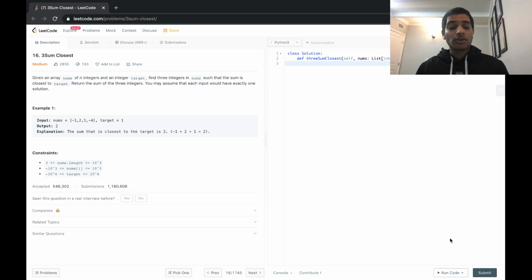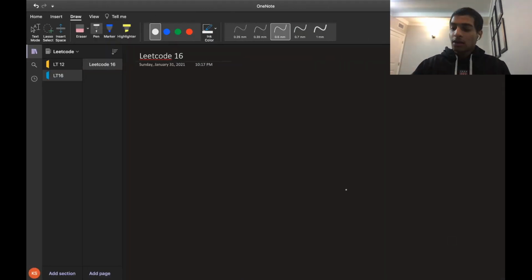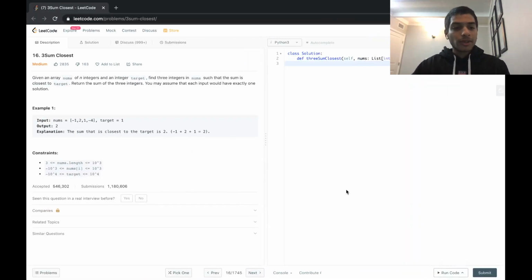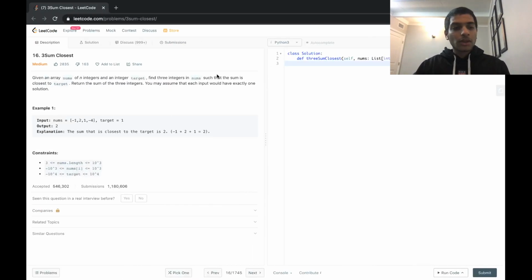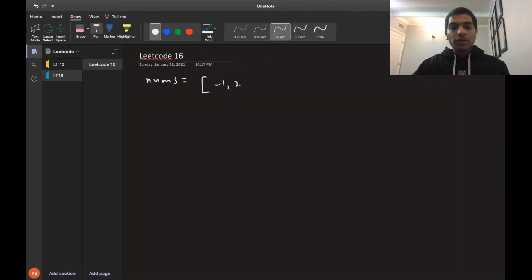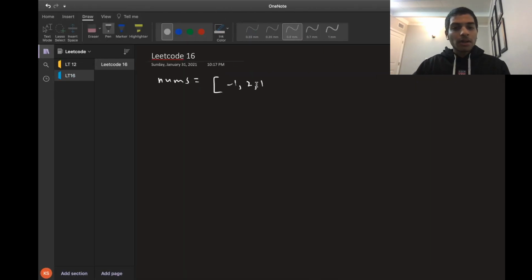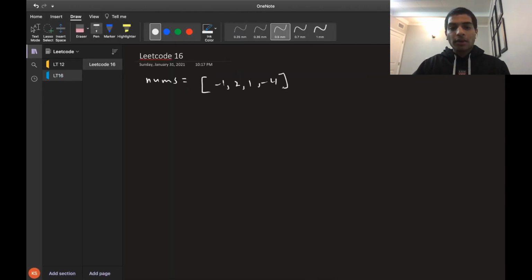And without further ado, let's think about the step-by-step process for solving this question, and then we can get to the coding aspect of it. So the first thing I'm going to do, I'm just going to copy this example that they gave here. Call it nums is equal to -1, 2, 1, and -4. And then our target